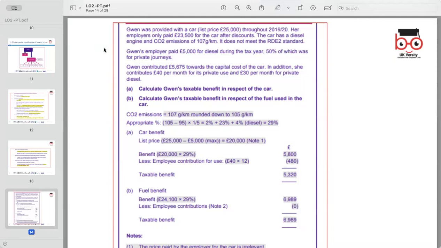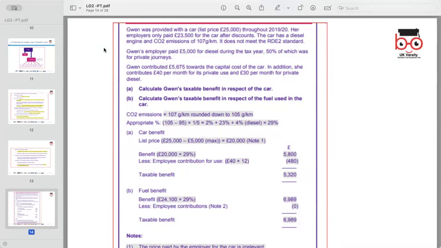We start by determining the list price of the car, which is £25,000. However, as Gavin's employer paid only £23,500 for the car after discounts, we use this lower amount for our calculations. The car has CO2 emissions of 170 grams per kilometer, which places it in the appropriate percentage for benefit calculation